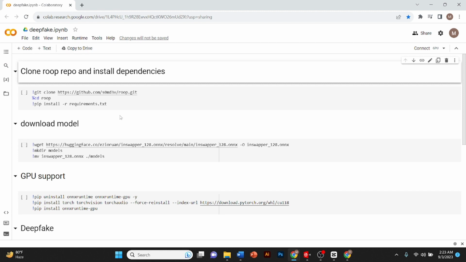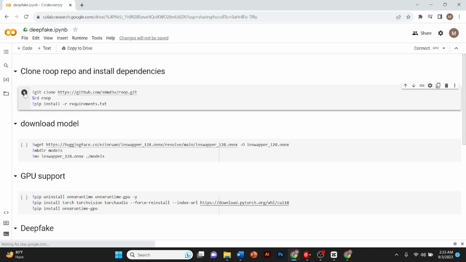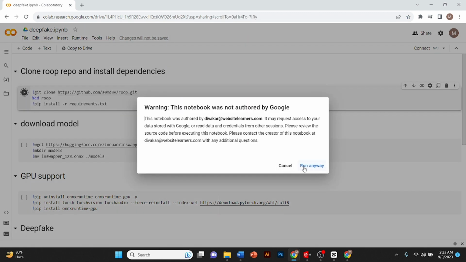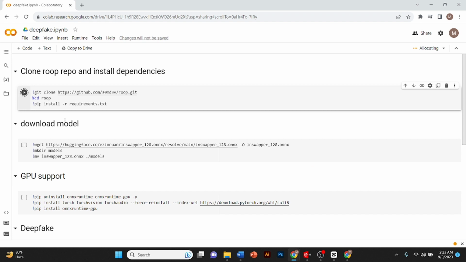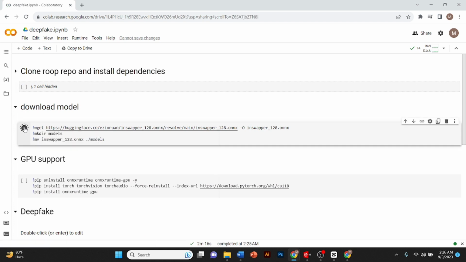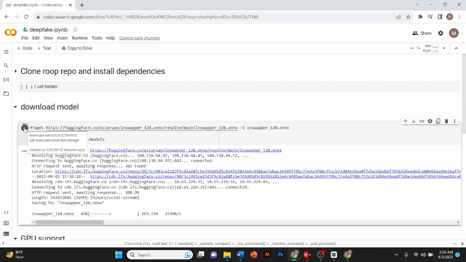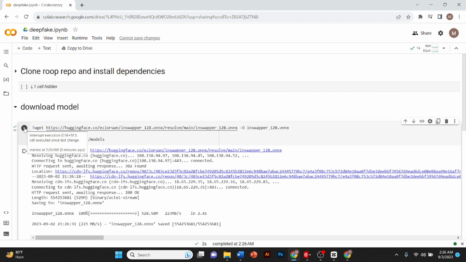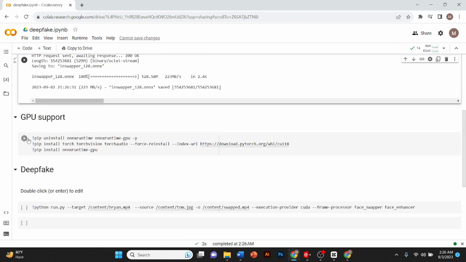After clicking the link, this page will be opened and then you'll have to click on this play button and click on run anyway. Let's wait until it's downloaded. Once it's downloaded, now I'll click on download model. And after it's downloaded, now I'll go to